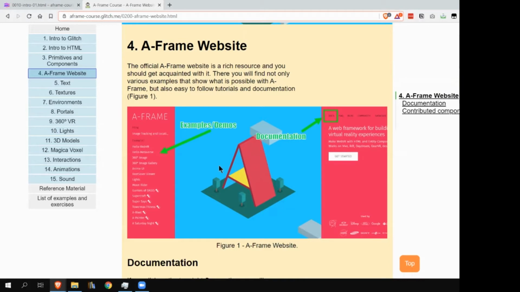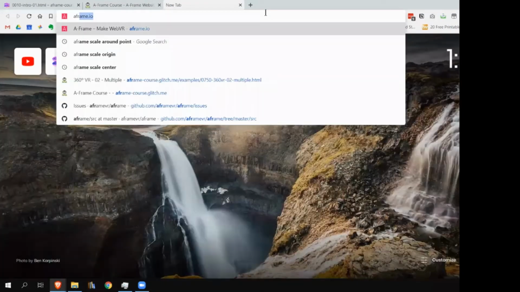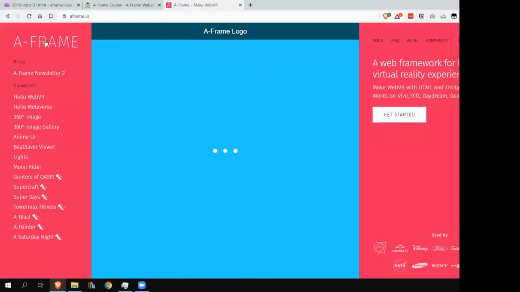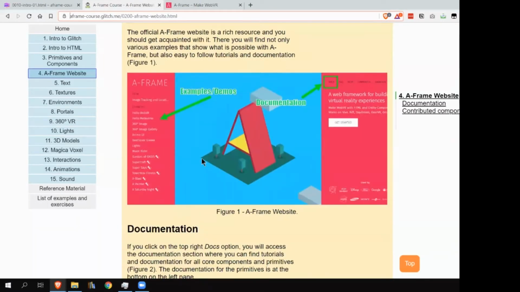So if you go to that website, if you just write in your browser's address bar aframe.io, I'll write it here, without the dash. Okay, so the name of the framework is a-frame, but the domain name is just aframe, no dash, aframe.io. So if you go to that website, that's the official website. So it's kind of the source of truth for the documentation for the platform,